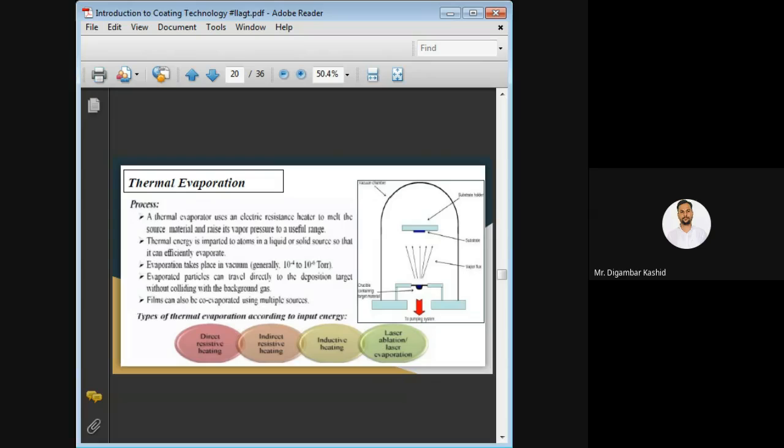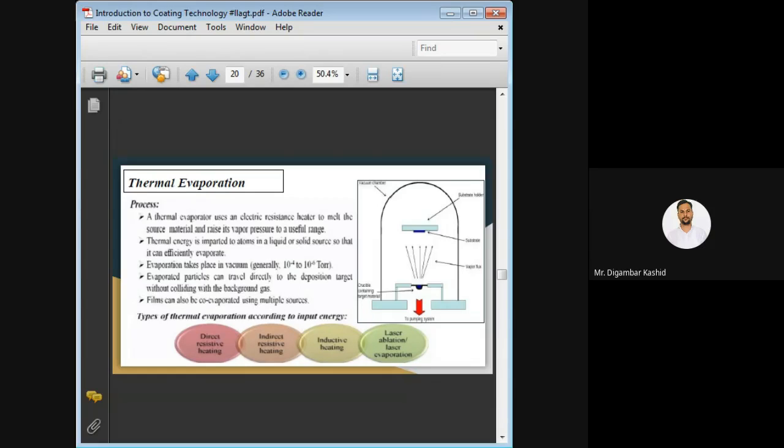Now here, what are the thermal energies? That thermal energy is imparted to your atoms in a liquid or solid source, so that it can efficiently evaporate. Evaporation takes place in vacuum, and generally we use high vacuum, because otherwise what will happen